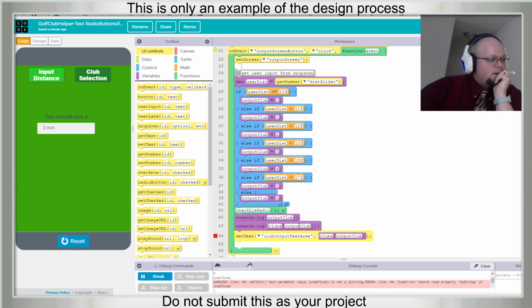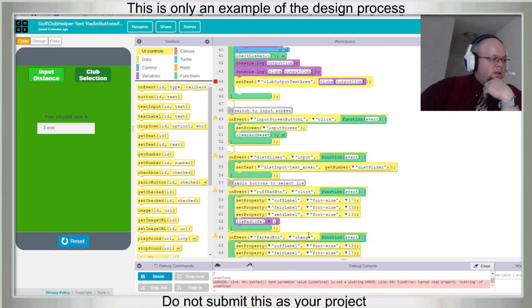Output club, console log, output club is 6. Clubs, am I misspelling something? Clubs, output club. Undefined. Oh, okay. So yes, we are breaking something.